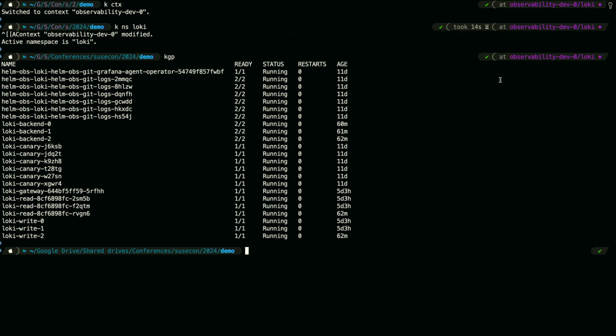So the backend is where we are storing the data. Here we're using GCS buckets. The gateway is, as its name implies, a gateway that allows reading and writing. You have the read component and the write component. And as you can see, we have the same